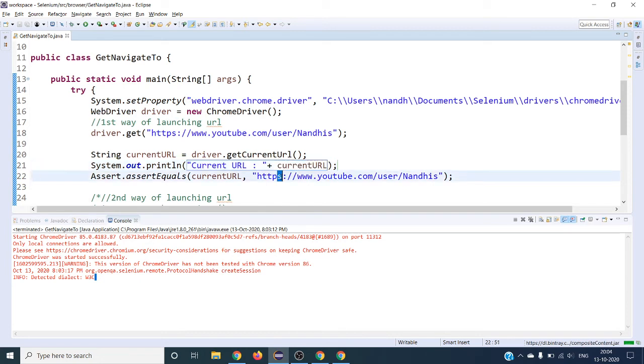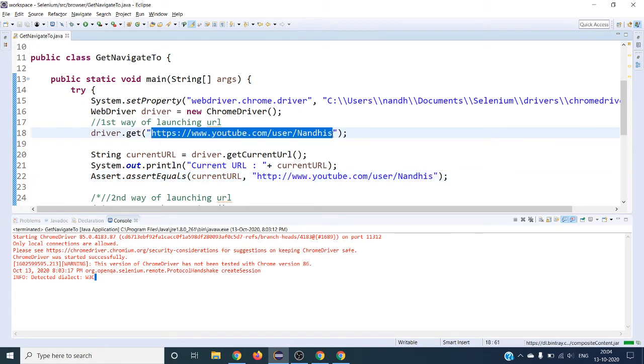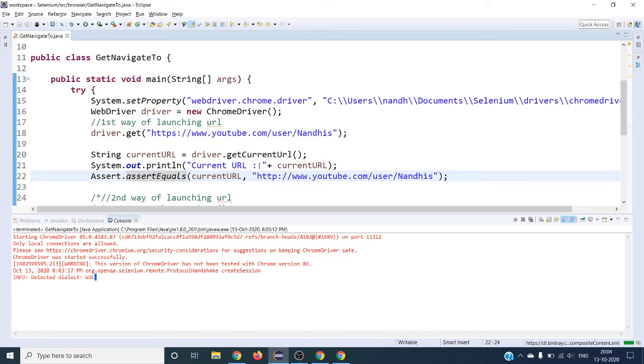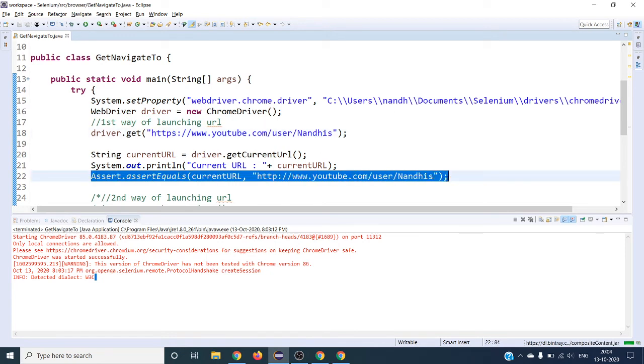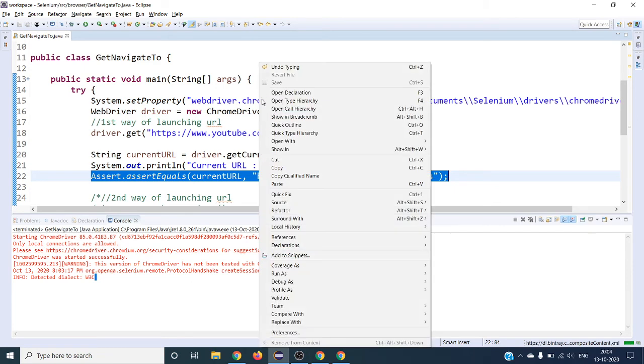Let's give something different so it will fail. What will happen in this case? It will fetch this particular exact URL, but when it is verifying, the s in https is missing, so this assert statement should fail and the test case will fail. Let's run this.